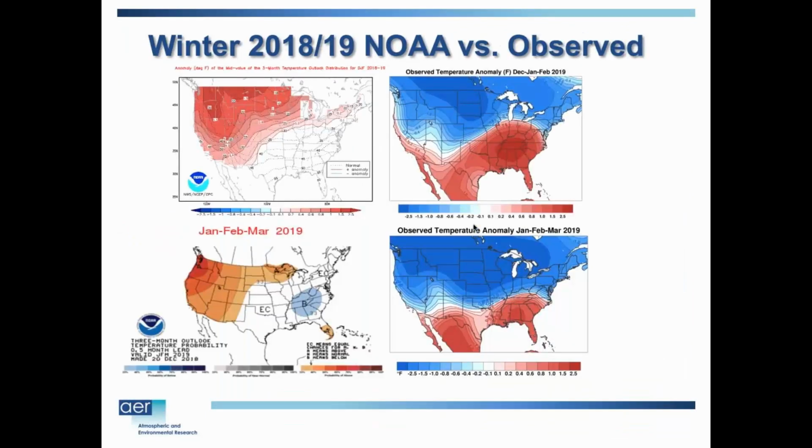And we don't need to look backward more than last winter. Here was NOAA's forecast for this DJF. I kind of showed both deterministic and probability, this one for January, February, March. We had an El Nino, and they had this canonical El Nino pattern, warm to the northwest, cold to the southeast. And as you can see here on the right are the observations,